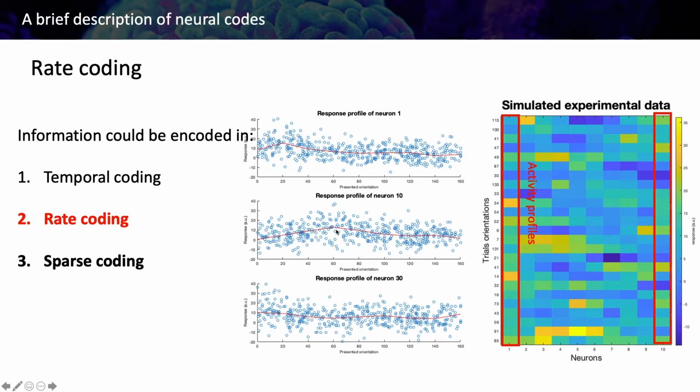So we can see that we can simulate different tuning functions. And in the case of neuron 30, for example, the tuning is much more flat and it's not clear what the preference of this neuron is, right? So we can play around with this type of thing just with MATLAB, and you will see how to do it in the future.